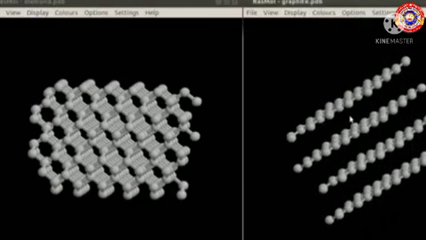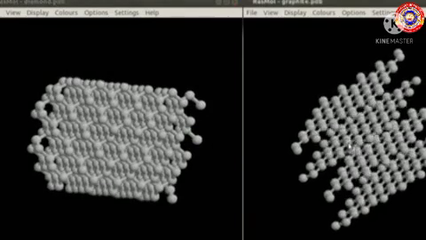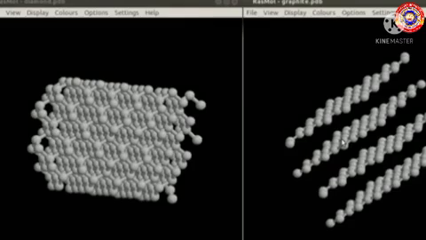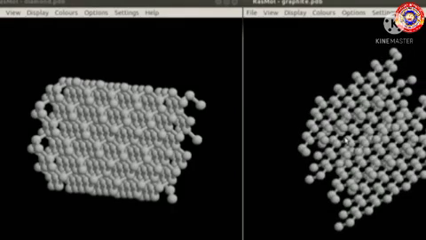Clear? Now let's compare these two allotropes of carbon. What is the shape of the molecule of diamond? It is three-dimensional network, but the graphite is having hexagonal layers.